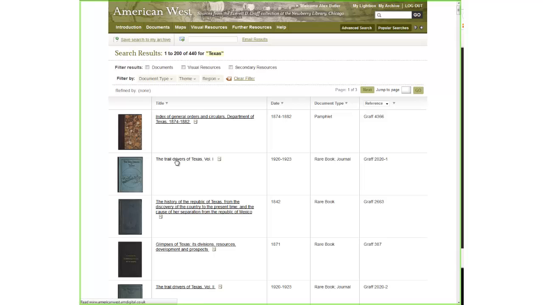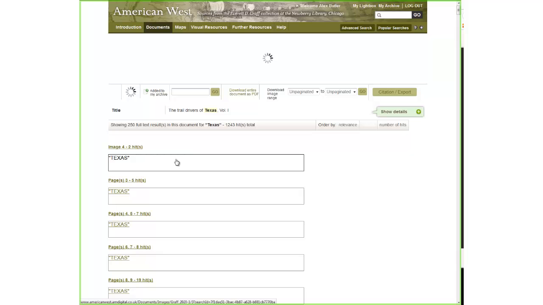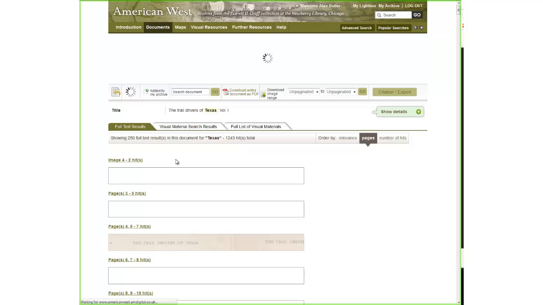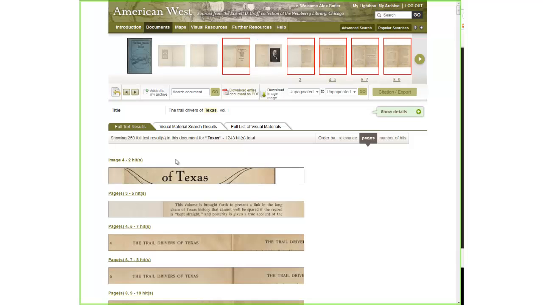So I mentioned that rare books are part of this resource. There's some fantastic exclusive rare books from the late 18th, early 19th century Western United States in this resource, and I would say they're one of the gems of this resource, and they're particularly popular with high school students because obviously they're printed, they're full text searchable, but they're almost survey. A lot of them are almost survey books, and they give some really nice primary source content on a variety of themes, and I think this is one of them really. So if we click into this page here,